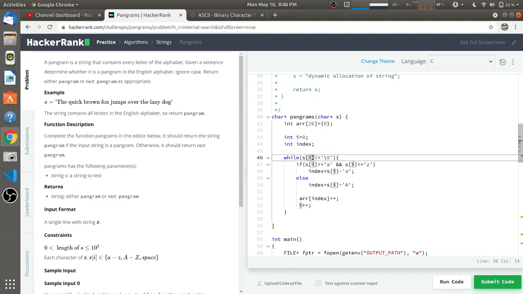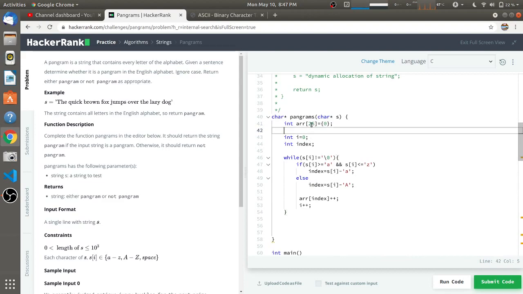It will go till the last character of this string, and it will increment whichever character is coming. For A we have assigned index 0 of this array, for B the first index is assigned, and for C the second index is assigned, as the index is calculated in this line number 48 and line number 50. Accordingly that index will be incremented by 1, and after that we have to check if all the indexes of this array are 1 or not.